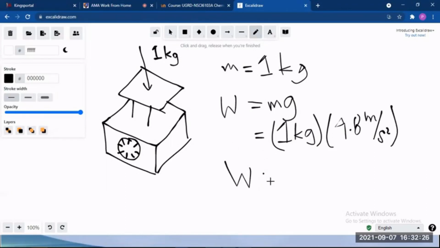So multiplying, we will have 9.8 kilogram times meter per second squared. And kilogram times meter per second squared is equal to newtons. It's also known as newtons. Okay. So mass,